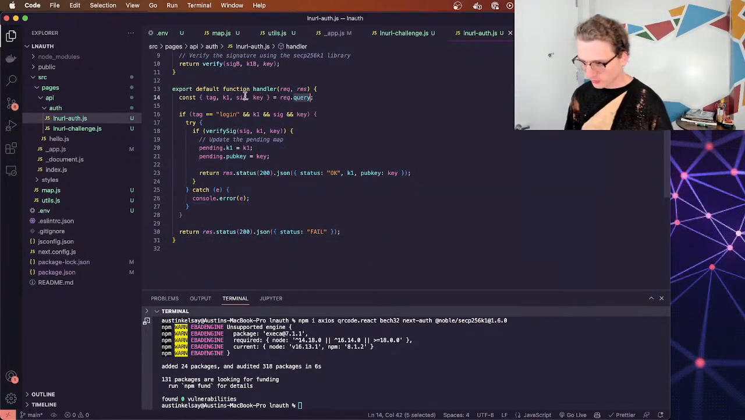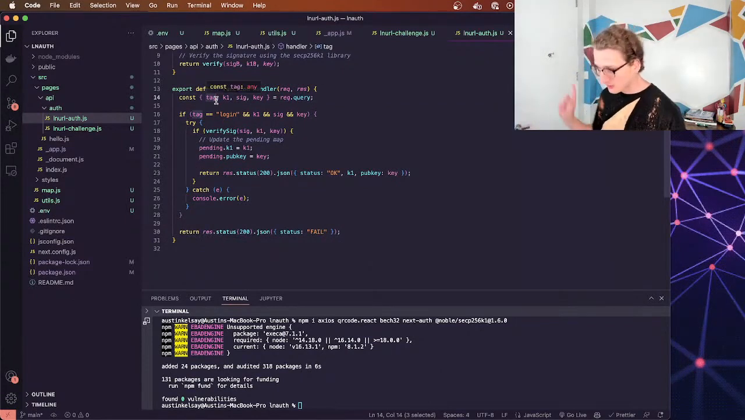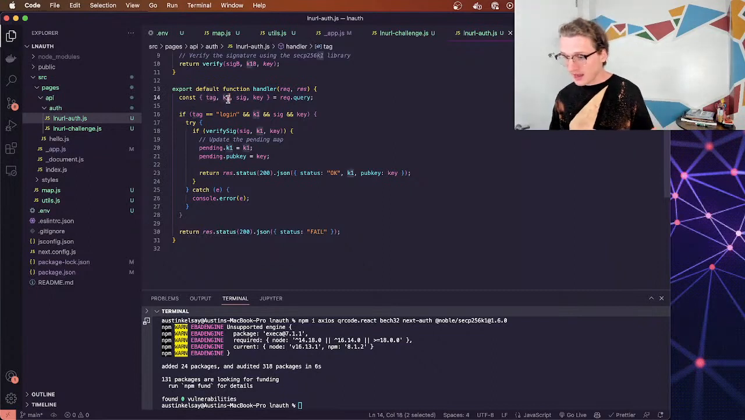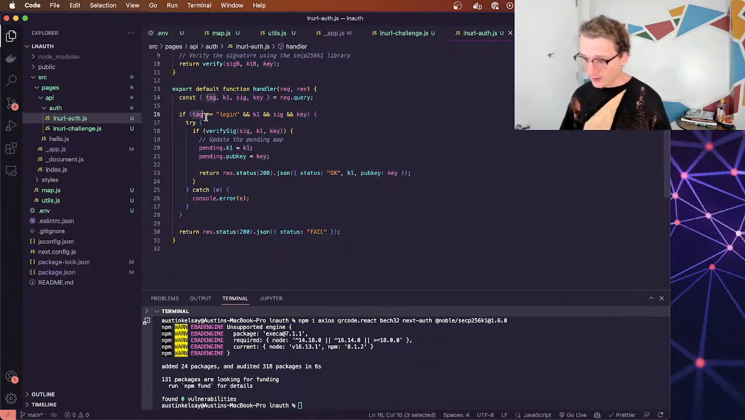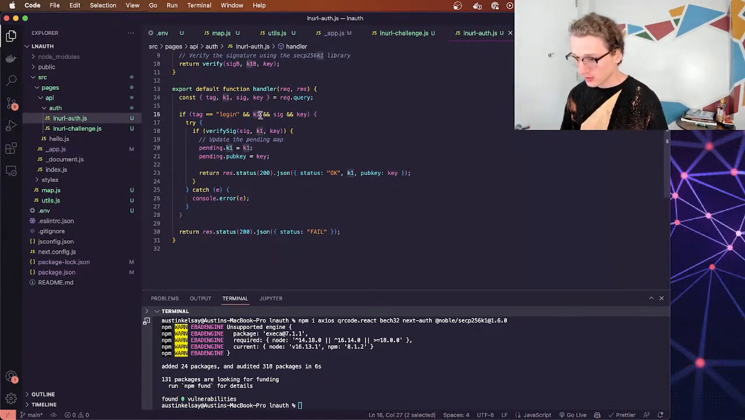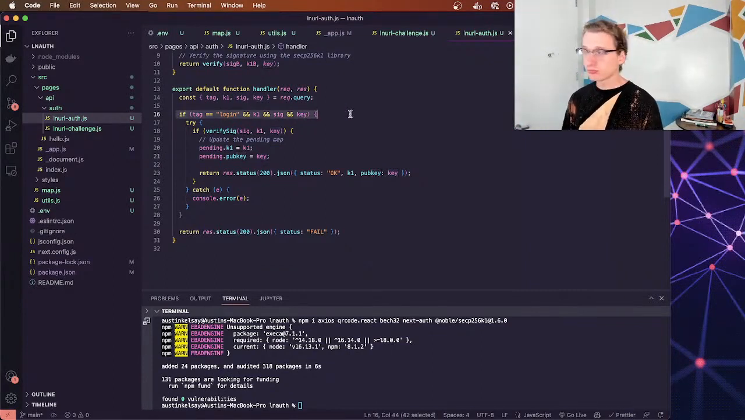First and foremost, we're expecting these arguments to exist in the query. Once again, this is coming back from the Lightning wallet. This is the endpoint the user's Lightning wallet will be calling, and these are the arguments they need to have. Sig key, right? Our tag is going to be login. Our K1 is essentially the challenge. The sig is going to be the signed challenge. And then the key is their public key, right? So we make sure that these variables are here, that they're in the req.query, and then we try to verify